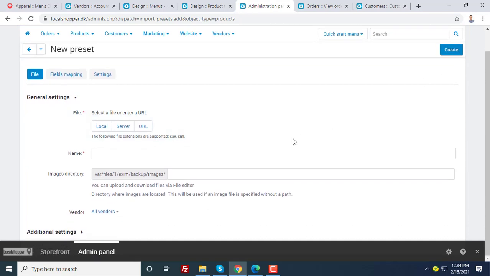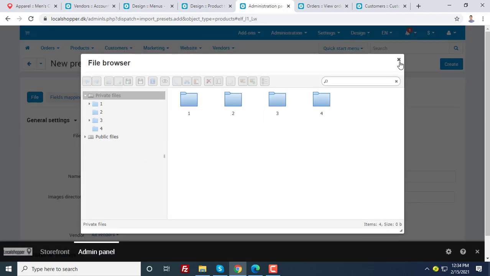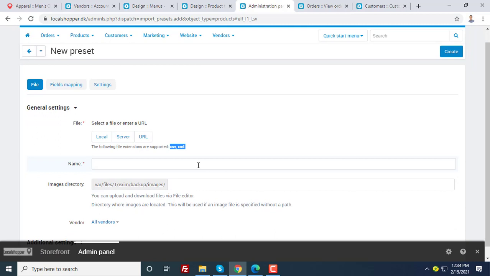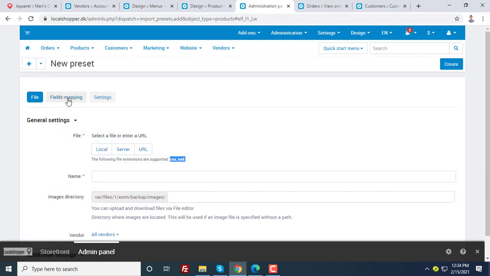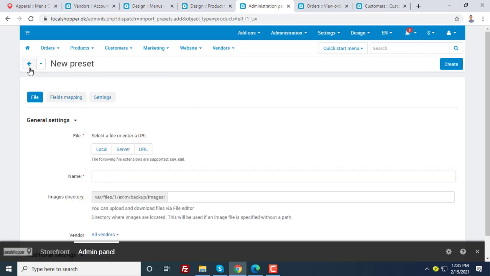I have created an import and set local file upload, and I can also import from server or URL. This needs 2 types of files, CSV and XML. After import, this will show in the product section and other sections. Okay,